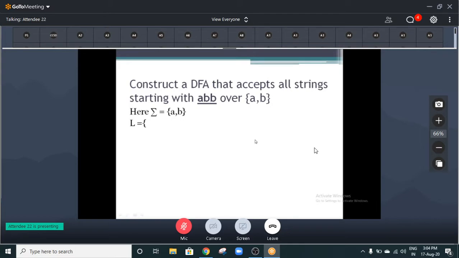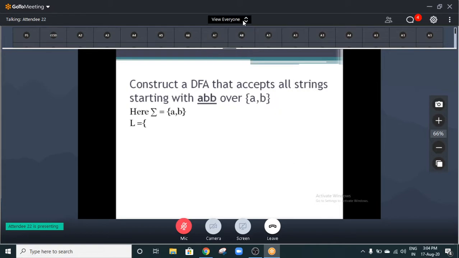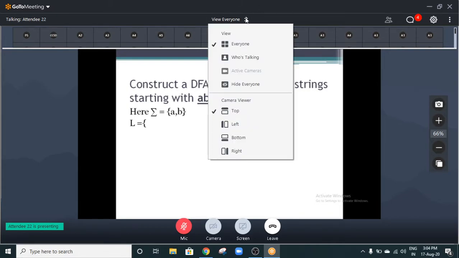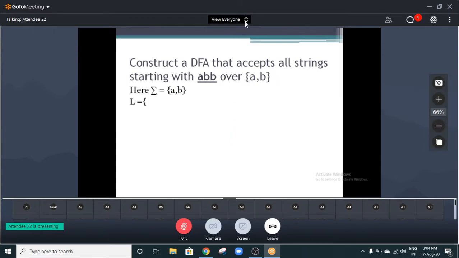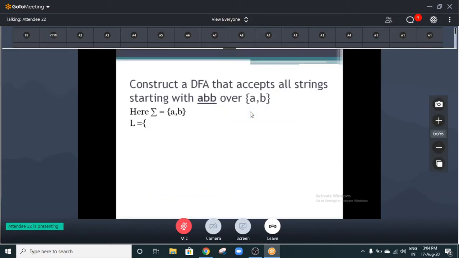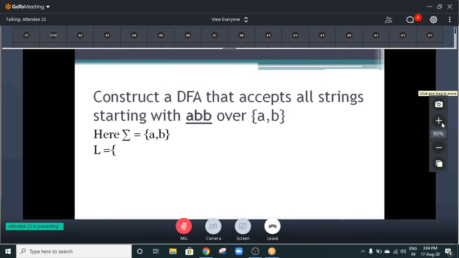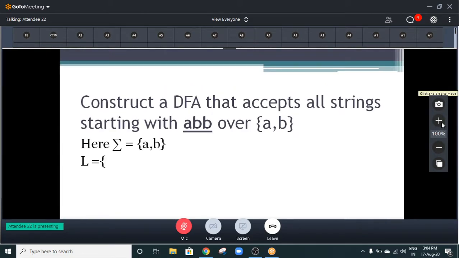Okay, let's begin. First, you are supposed to build a language out of it, right? The question says construct a DFA that accepts all the strings starting with ABB over the alphabet A and B. So we have two symbols in our alphabet set, that is A and B, right? Out of which we are supposed to construct a language which contains the strings starting